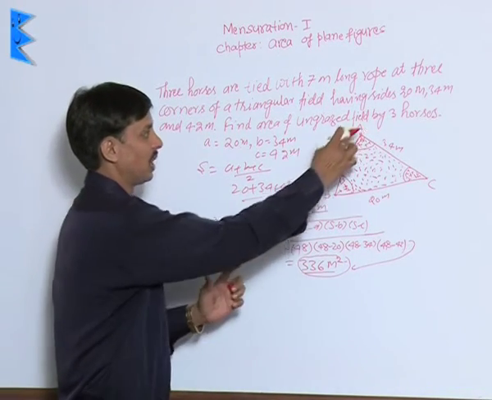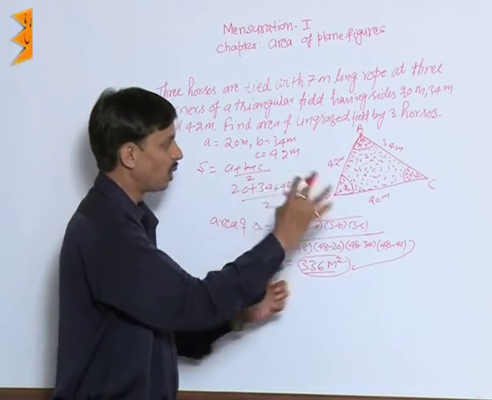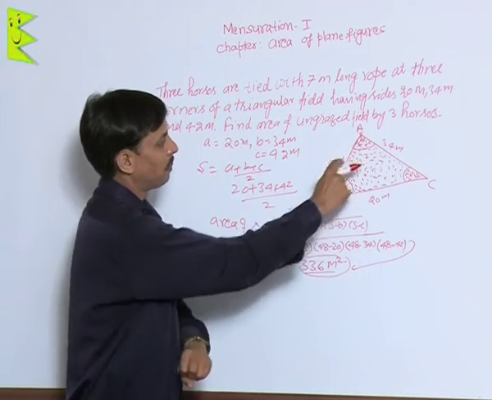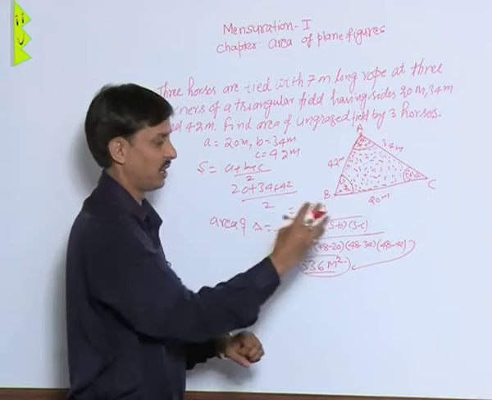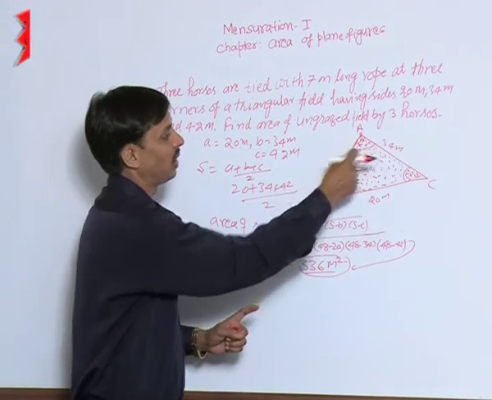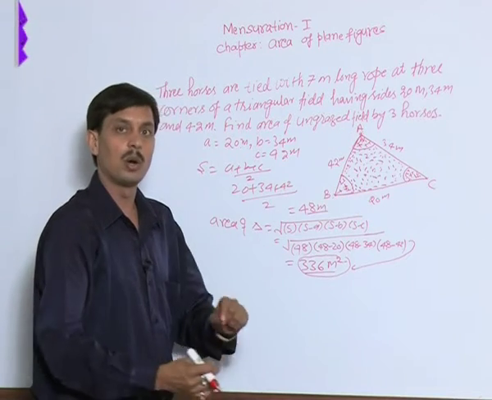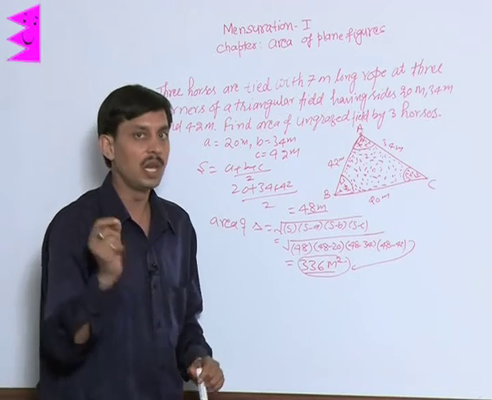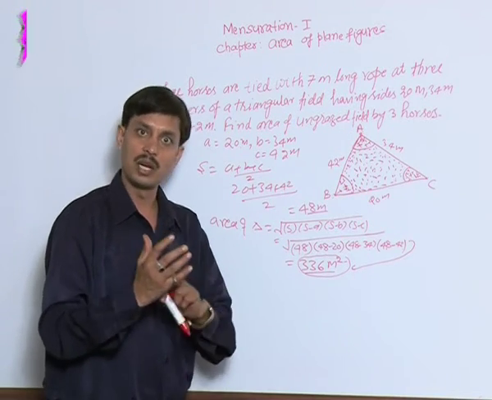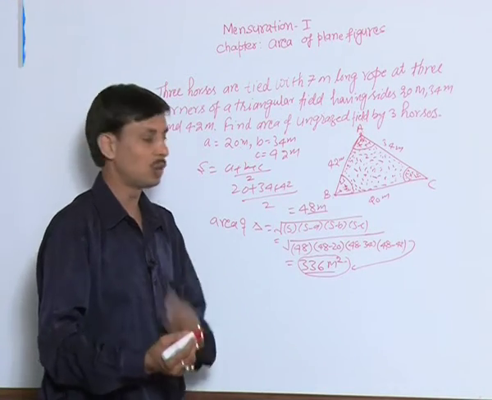Now a question comes: we have obtained the area of the entire field. We want to know the area of the part which is shaded, that is ungrazed. So in order to calculate the area of the ungrazed part, we have to subtract the area of the 3 sectors. In order to find the area of a sector, we have told you that there are 2 results. The area of a sector can be explained with these 2 results.